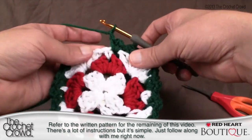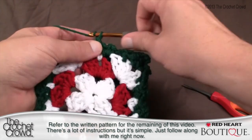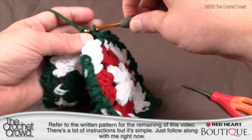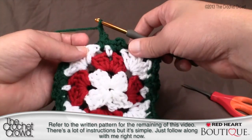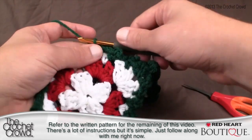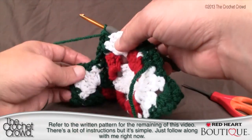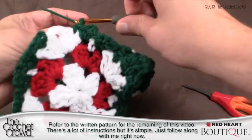So chain 1, so we're going across like we normally would. We want to single crochet, chain 1, so normally we would have chained 2, but I would come to the other side and pull it through like that. Okay, chain 1 and back down in. Okay, so we're going to chain 1, we're going to move to the center point here. Okay, and then I would go into the center point on the other side, pull it through and chain 1,